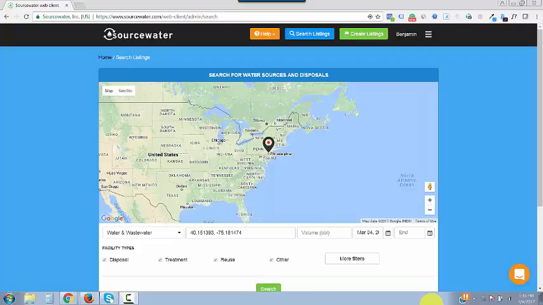the source of your water if you want to sell it, if you're a landowner, or if you are a hauling company who has some sources, or if you are a treatment facility that wants to sell the water that you now have after you've treated it, or even if you are a producer who has all this extra water and you want to sell or recycle that. I'm going to show you how to create these listings, and this will allow you to be found on the Sourcewater search, which we covered